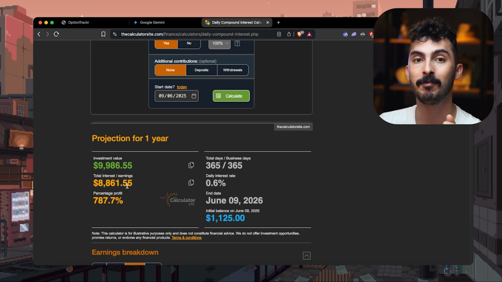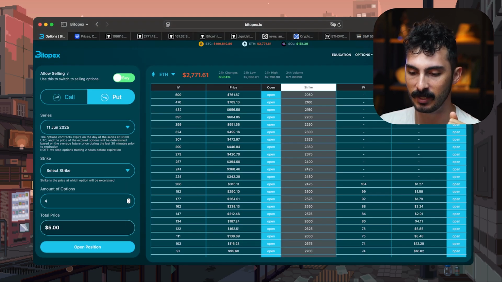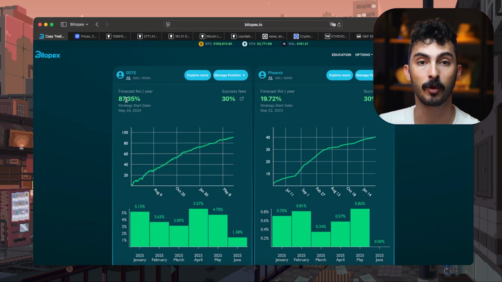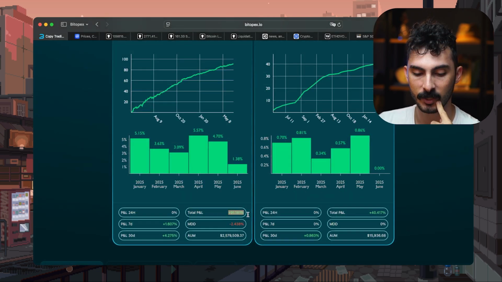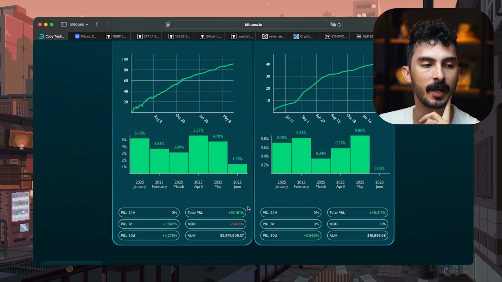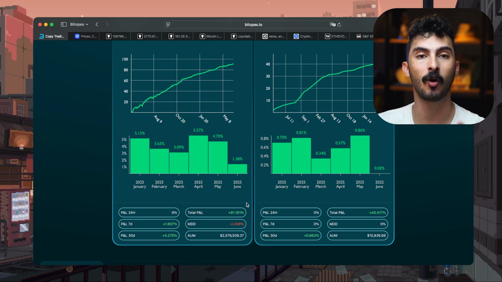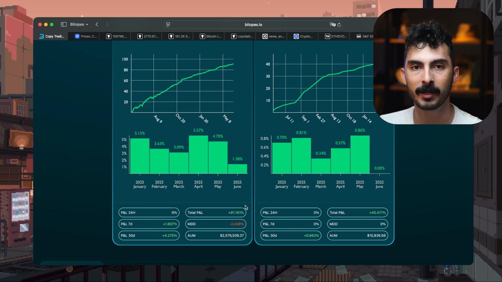compounded throughout the year, they can make huge returns, which is what we see in the copy trading. The copy trading is the result of compounding interest, which gave us a total of 91% on our money. And this is stablecoin. This is 91% on a dollar. You cannot find a better place like this.